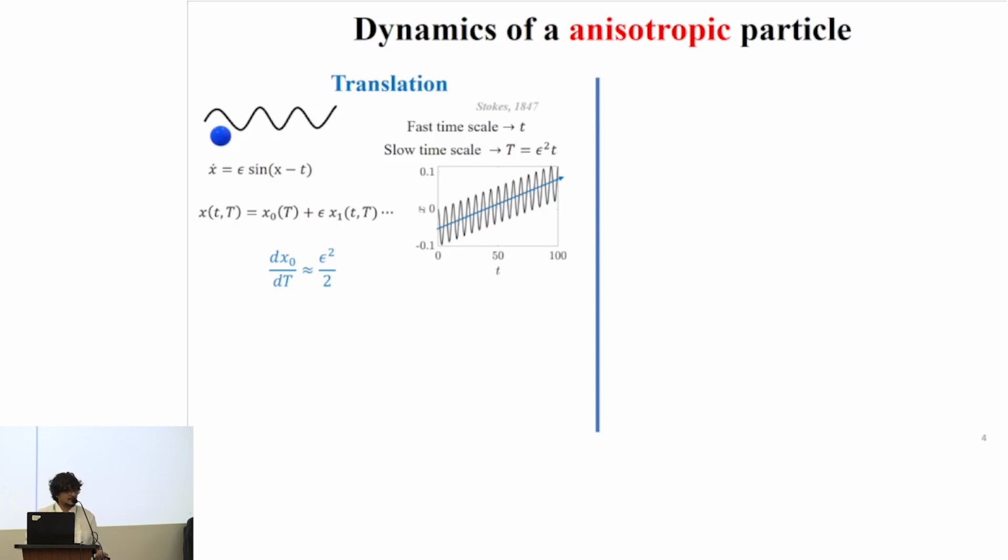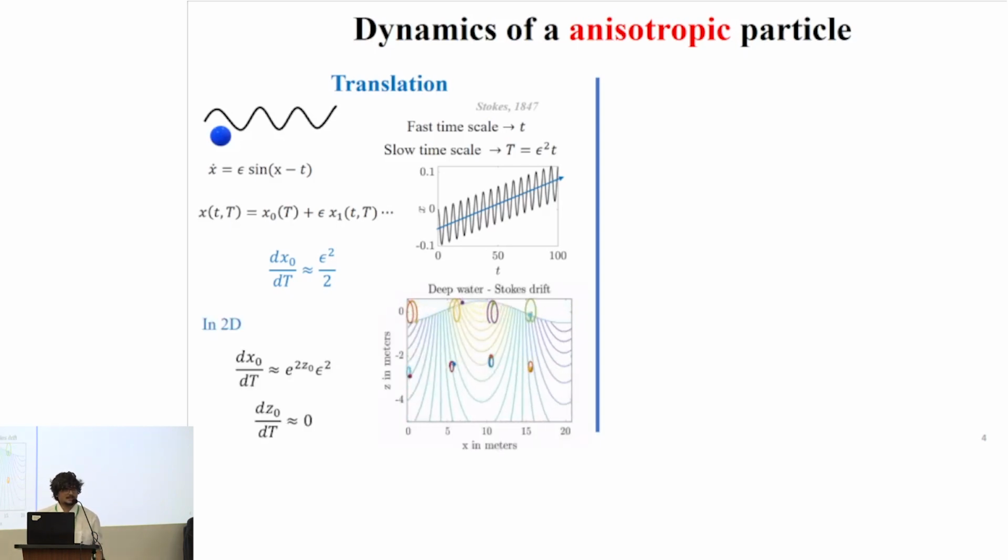At the fast time scale, the particle translates in the horizontal direction in an oscillatory manner, which can be seen from this black curve. To capture the dynamics at the slower scale, we go to higher order and we derive the wave-averaged velocity of the particle, which is the Stokes drift velocity, and it is a function of the small parameter only. When we integrate this velocity over time, we get the wave-averaged horizontal translation of the particle, which is shown by this blue curve.